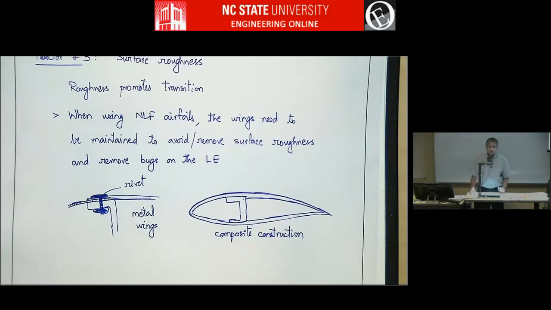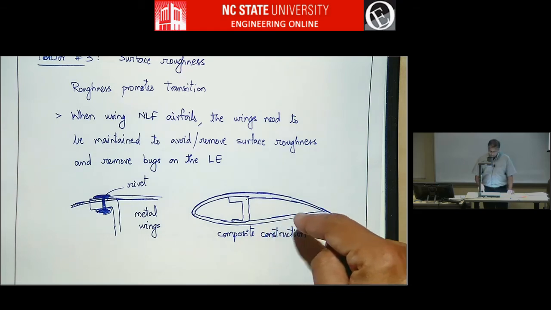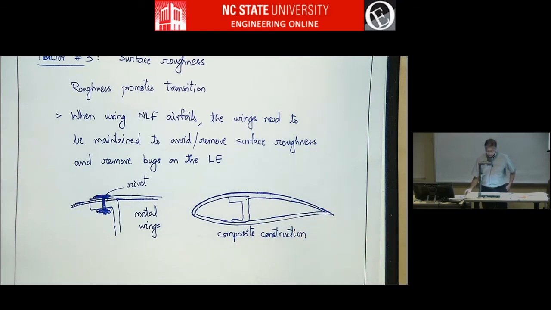So even though people have known about NLF airfoils since the 40s, NACA designed a whole bunch of laminar flow airfoils in the 1930s, 40s sometime. But practical use of those airfoils in day-to-day aircraft was not possible because most of the wings were constructed like this. Okay, so many airplanes now are constructed like this, but even then, in routine use, you get